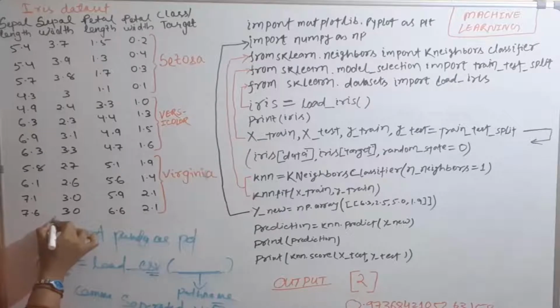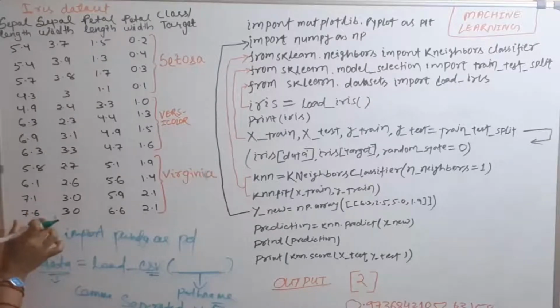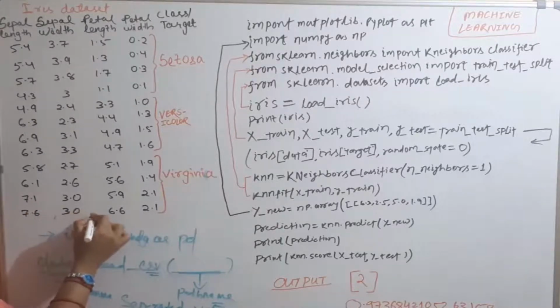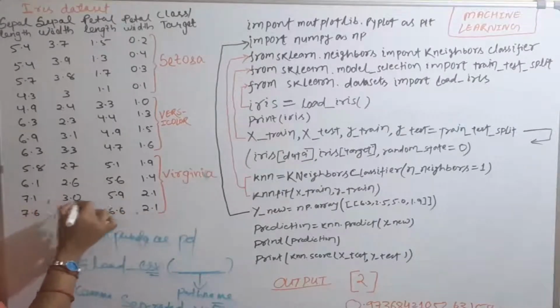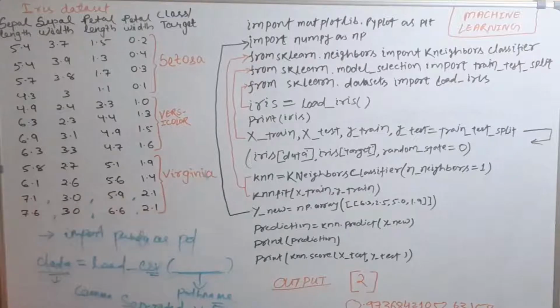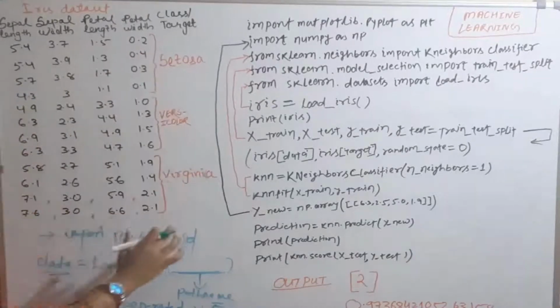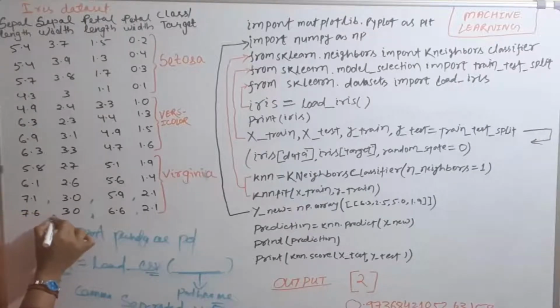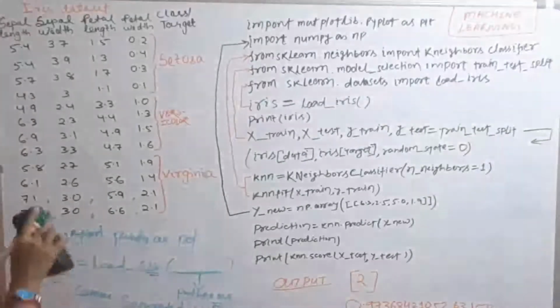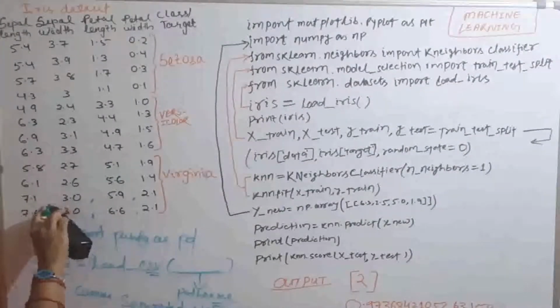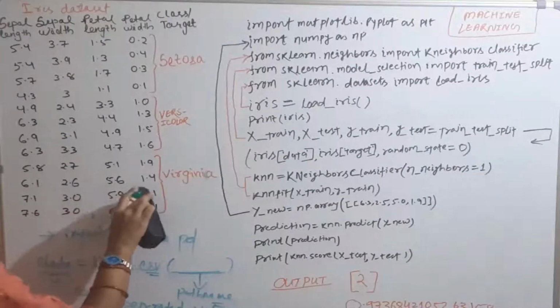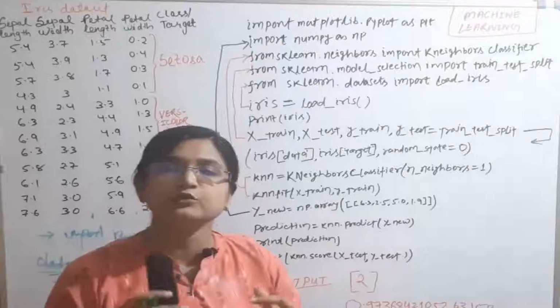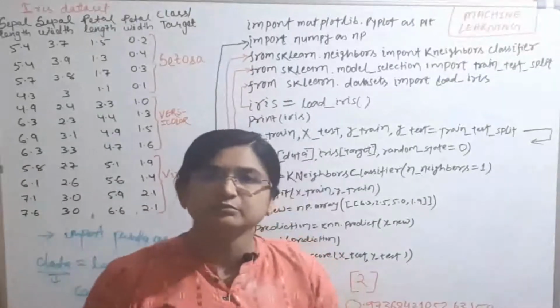The only difference is that after each value, a comma is inserted. So it is a tabular format, and after each single data value a comma is inserted. This is the format of a .csv file in Python. So this is the first way in which I can input the data.